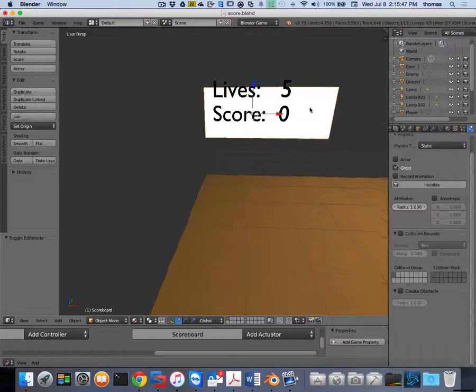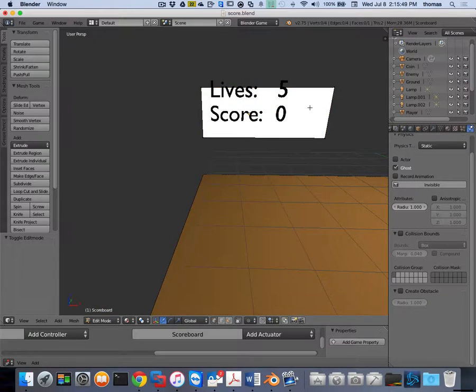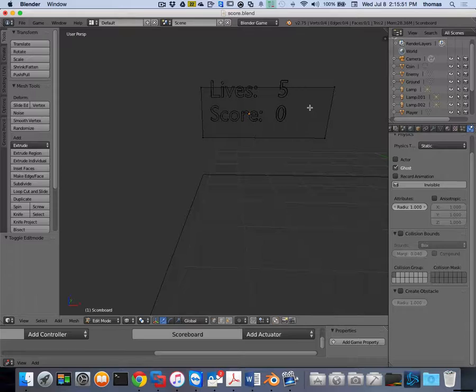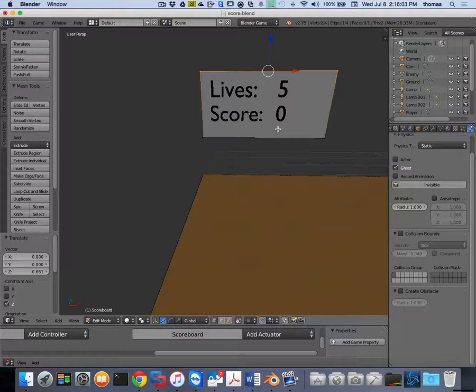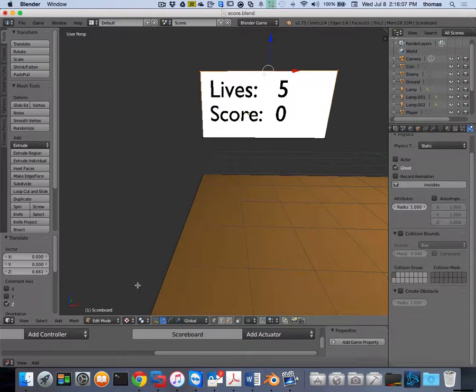right? So I'm going to tab in there, go into wireframe mode, use B select, and select the top of my box, and I'm just going to increase the size of it so it kind of encompasses both my score and my lives. Go back into solid mode, change my solid mode into textured shading so I can see it when I play the game. There's my lives, and then change the name of it, because I think I need to do that